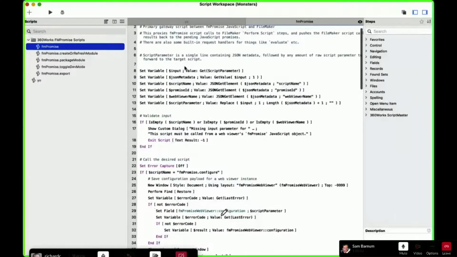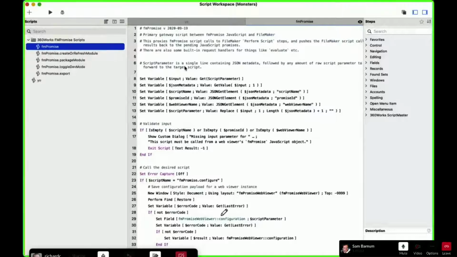Got it. So the intermediary, I don't want to say, it's almost like a mailbox storage kind of variable storage thingy, is your scripts that run this intermediate in between. Got it. And then we're using perform script by name. Our intermediary script calls the script that you actually want to call, and then it gets the result of that script, and then it resolves the promise that we passed in.